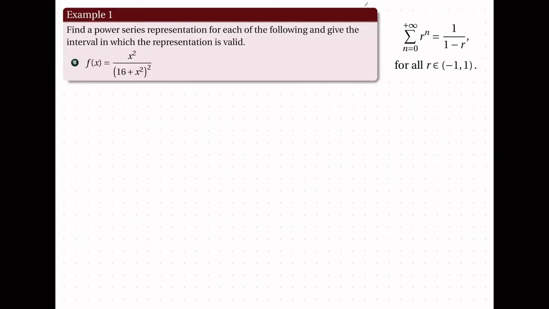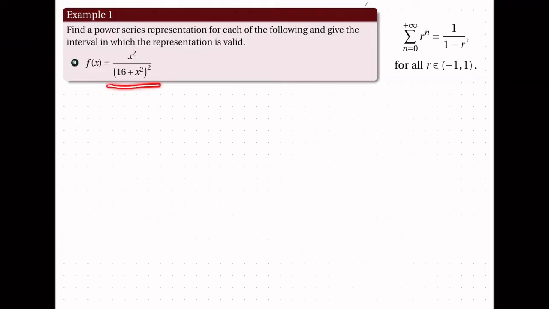So for the fourth item, under example 1, we want to find a power series representation for f of x equals x squared over the quantity 16 plus x squared, and give the interval in which the representation is valid. So dito, hindi gagana directly, no? Yung strategy natin kasi mahirap ito express as something of this form. Tama? Kasi naka-square yung denominator. But observe that,